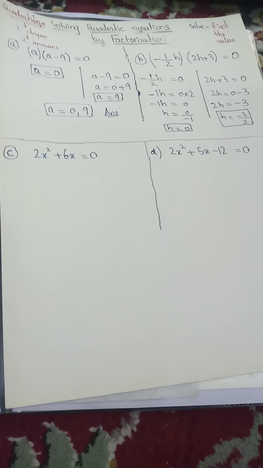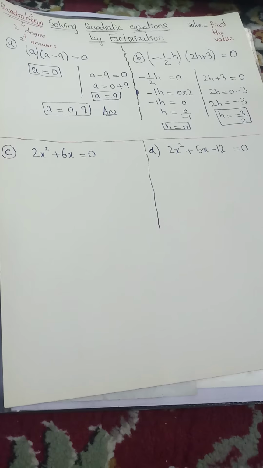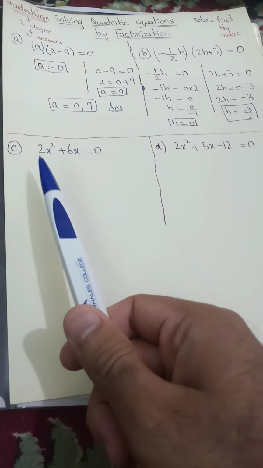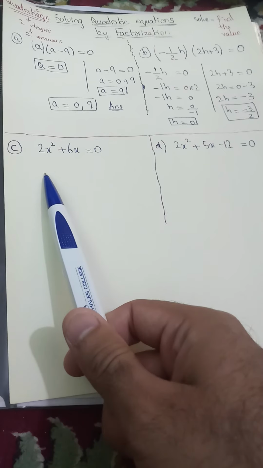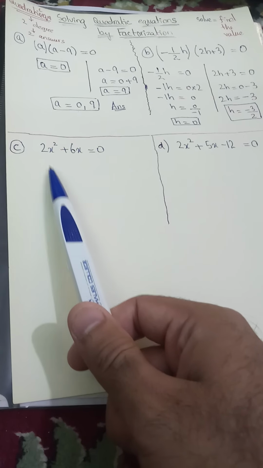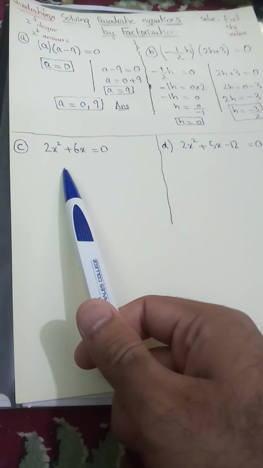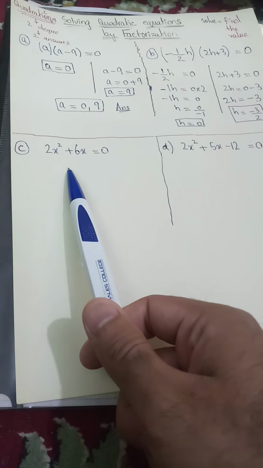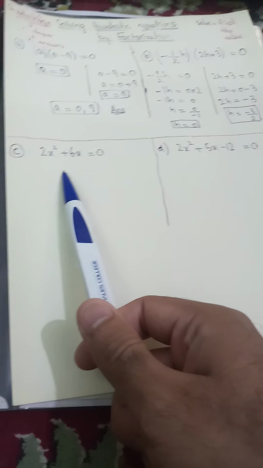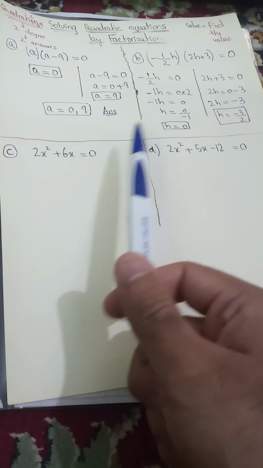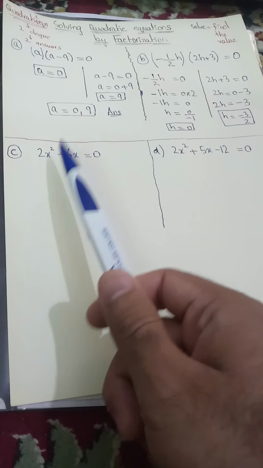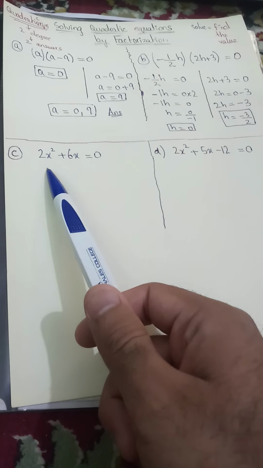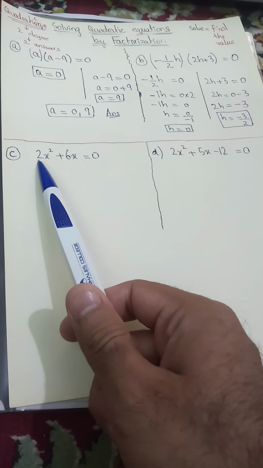So first, we have to factorize these questions, and in the first part we have 2x square plus 6x equals to 0. And whenever you are asked to factorize something, you are asked to make brackets, and you can make brackets by taking common, or you can make brackets by middle term breaking factor, or you can make brackets by identities. So in this type we have two terms,